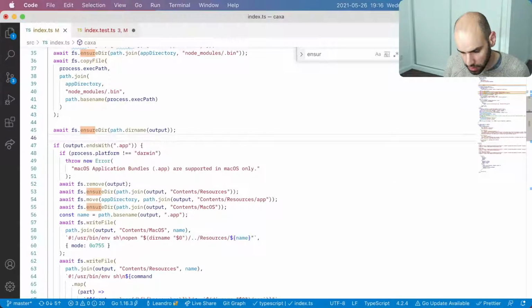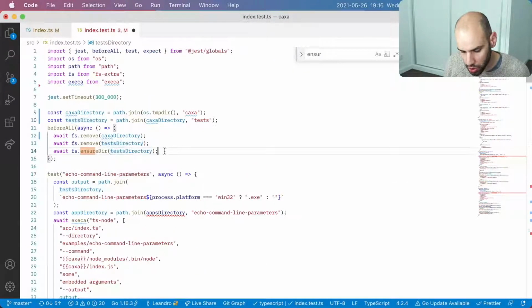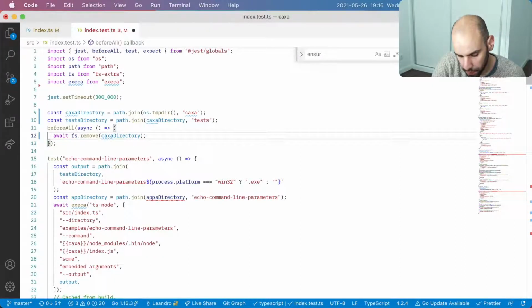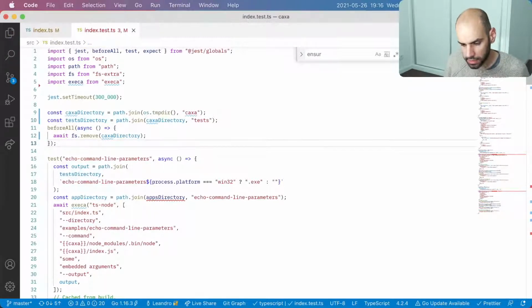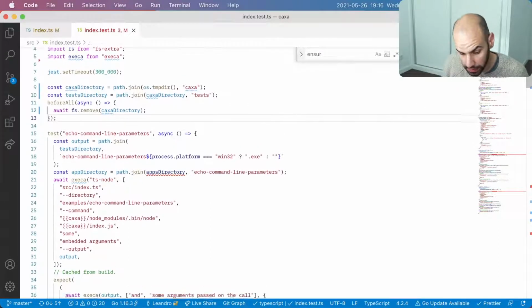So because of this, I don't think we need to ensure the tests directory to begin with. I think that we can do that. And I really like this simplicity. We are getting rid of a lot of the magic and the caching that goes on.